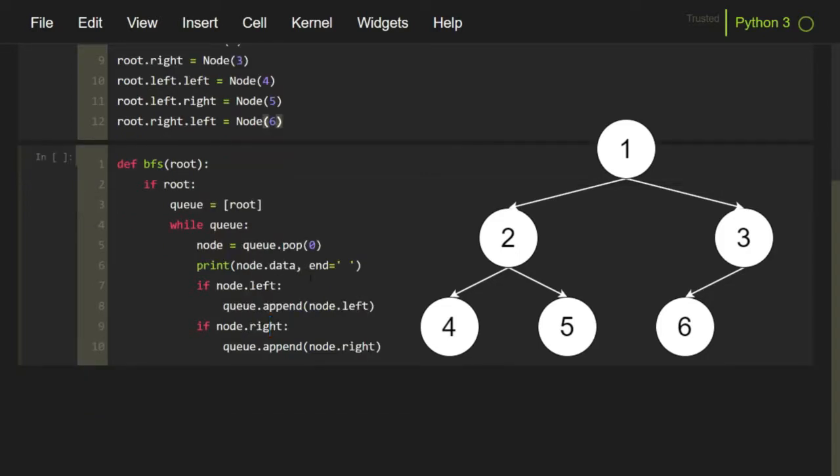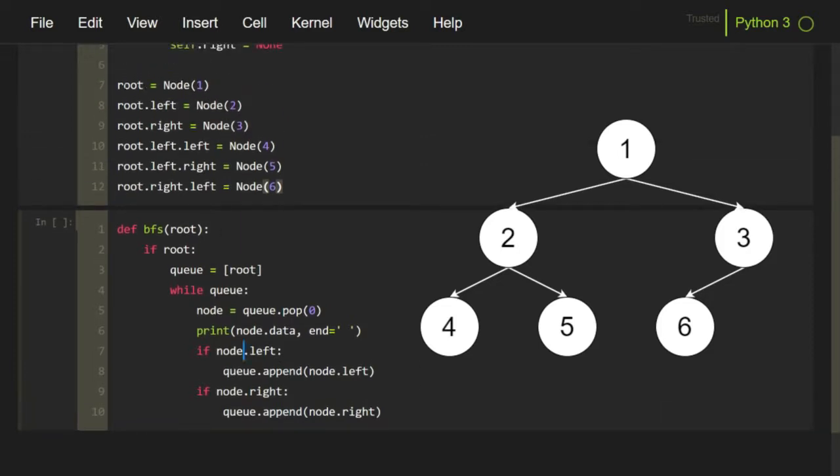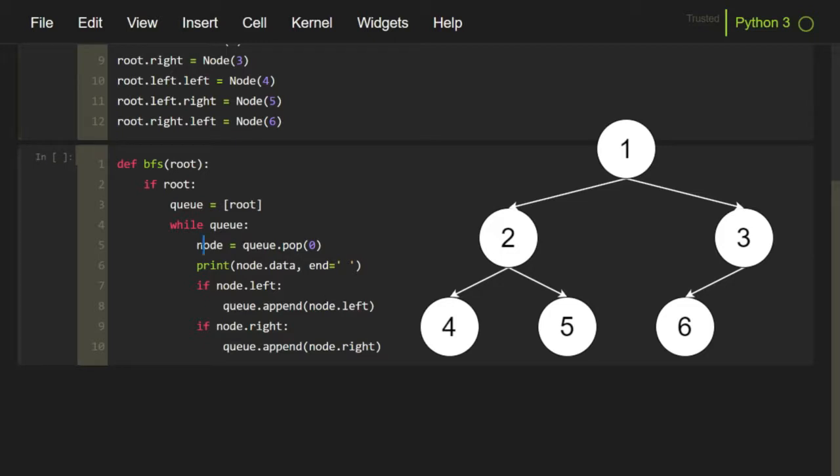Now what this if condition will do is check if there are children available for processing. So consider an example where there is only one node in the entire tree. There are no children nodes. In that case, the root will get processed normally, but there are no children available.